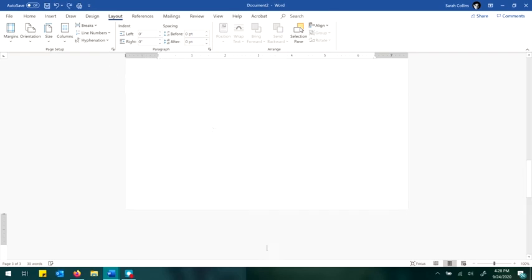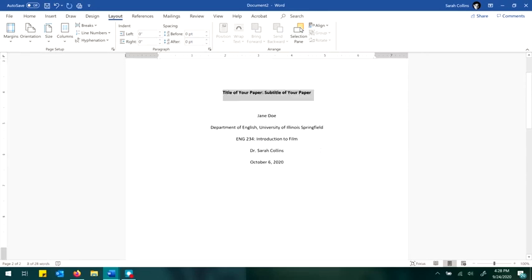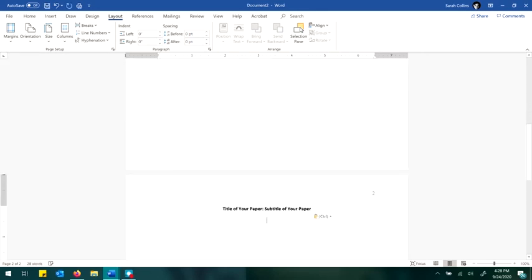So we're going to back up though, because I don't want to get ahead of myself. When you're starting your paper in APA, you do put your title again at the top of the page where you're starting your paper. It should be center aligned, bolded, and again in that title case. So what I do is I just copy this and I paste it in.